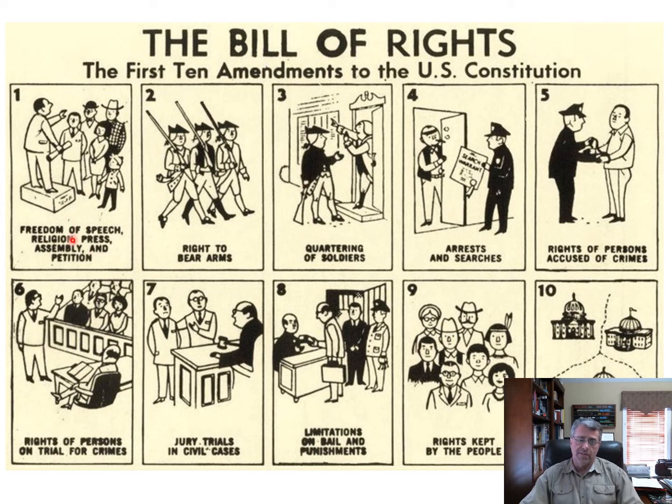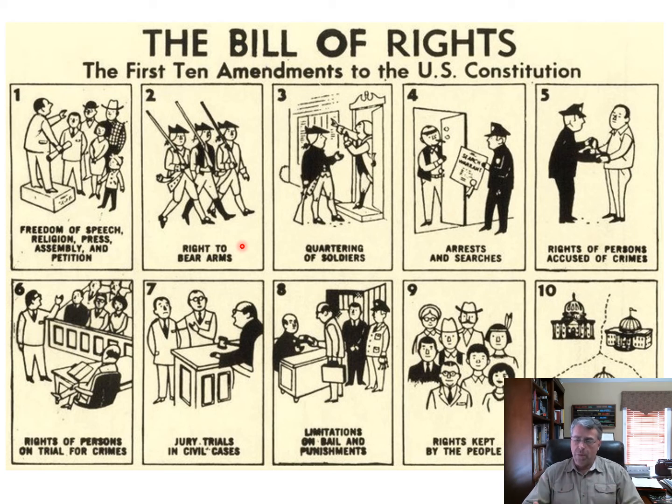So a lot of the things in the First Amendment specifically address issues that they had with the previous government of England. Right to bear arms. Today is kind of a hot button issue, but in the 1790s, it was not really much of a controversy. The reason, or the backstory of the Second Amendment,